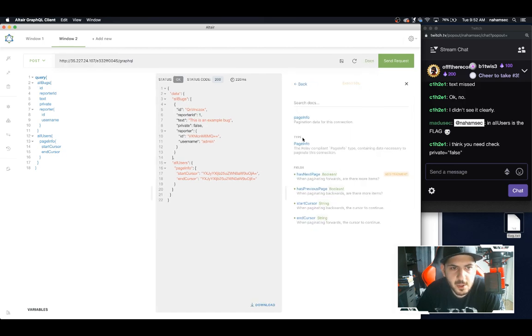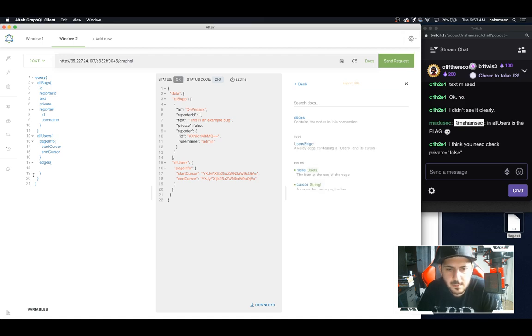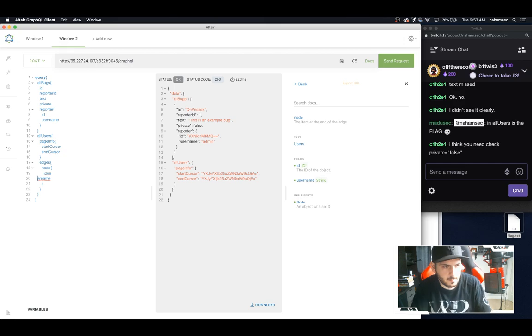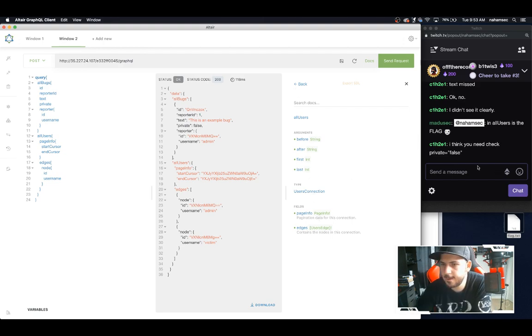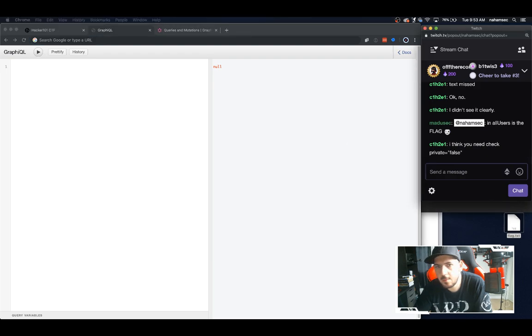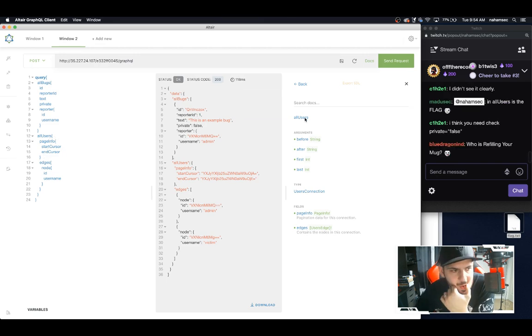So, oh shit, where's my docs? There we go. So now let's go to edges for all users, and then we'll do edges. And if we go to edges, it has a node. And then it has ID and username. Nothing in here for all users, like you guys were saying. So it may be in, it is in all users, but